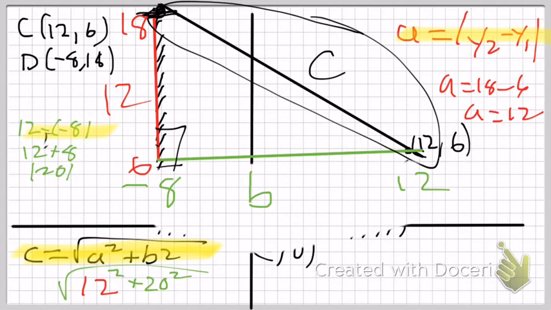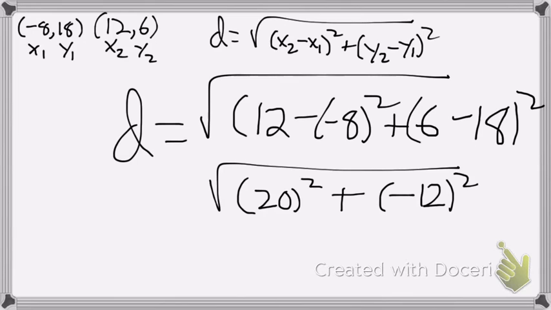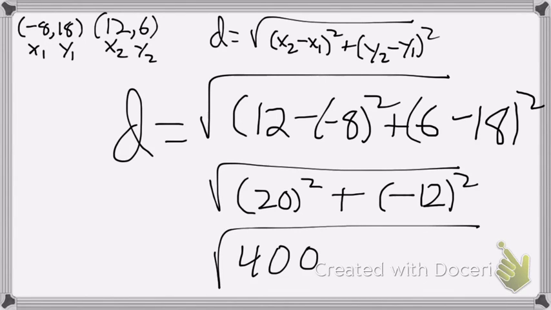We got c, which is the length of the hypotenuse, that's the distance we're looking for, equaling the square root of 12 squared plus 20 squared. Look over here, doing it algebraically, 20 squared plus -12 squared. Same problem. So 20 squared is going to give us 400. -12 squared is going to give us 144. We're going to add those two together, and we're going to get the square root of